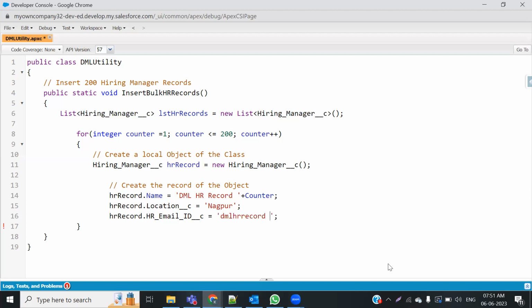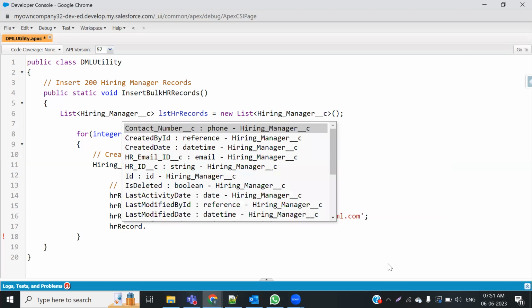Record. Now let me give the value of counter over here. So that becomes 1. Plus, again, I want to append a few things, so I would write @testdml.com this way. And then HR records dot